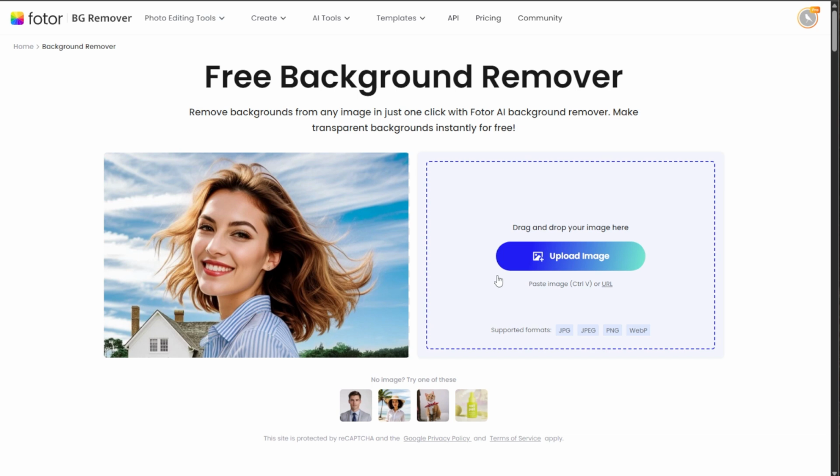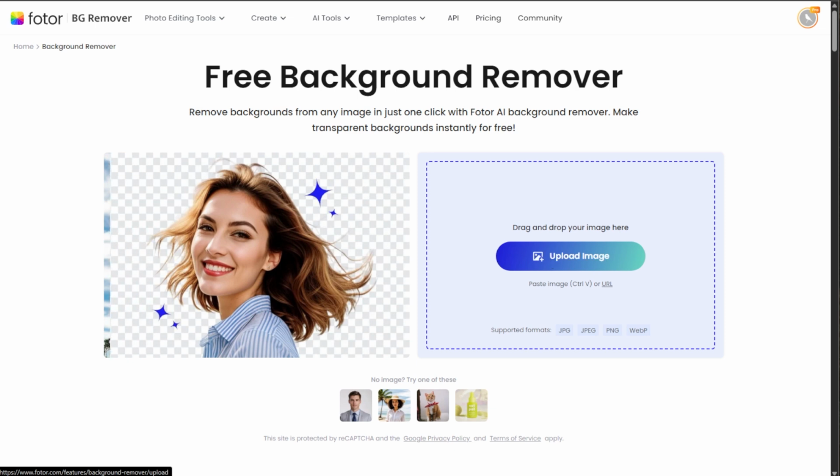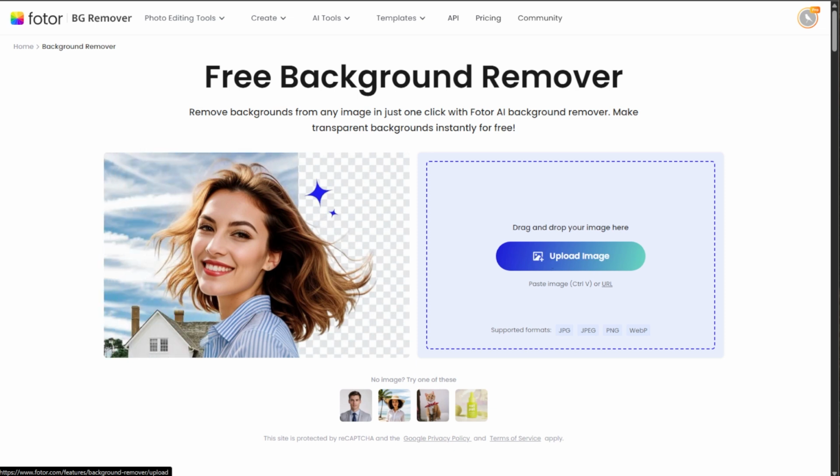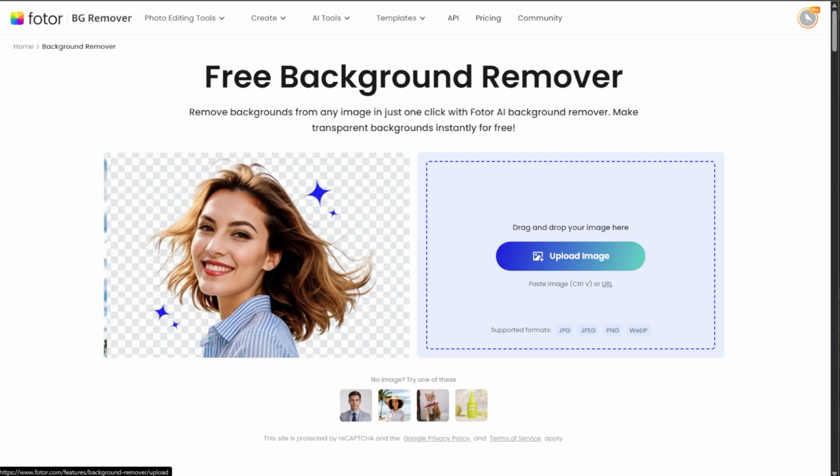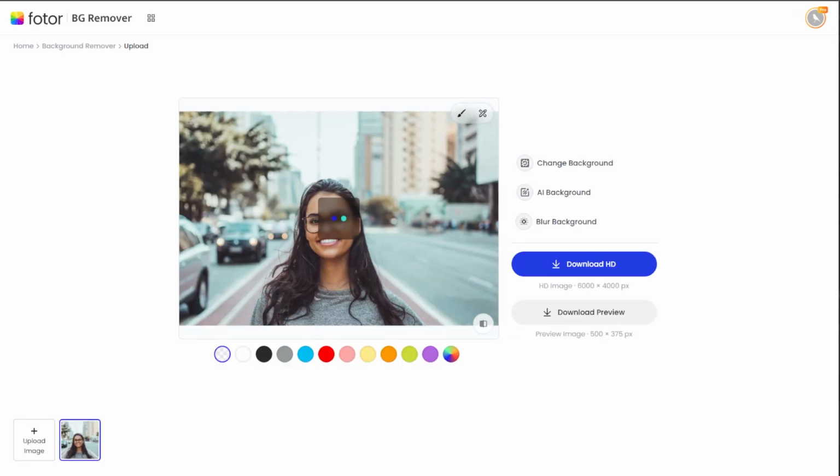So go to Photor Background Remover, and in the editor, you can either drag and drop your image into the window or click to upload from your computer. Supported file types include JPG, JPEG, PNG, and BMP. But if you just want to try it out first, you can choose one of the sample images provided by